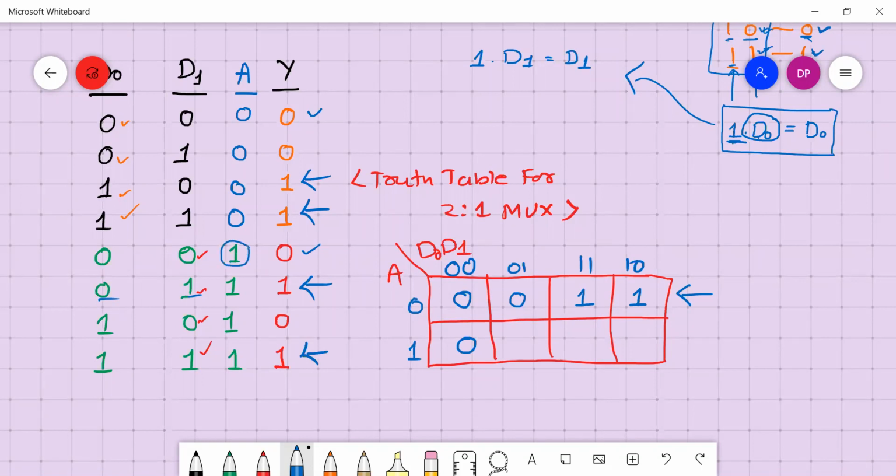A is 1, this is 0, 0, so this is 0. Oh, it is 1, 0, 1, so this will be 1. For 1, 0 this will be 0, and this will be 1. Is it correct? Yes, sir.